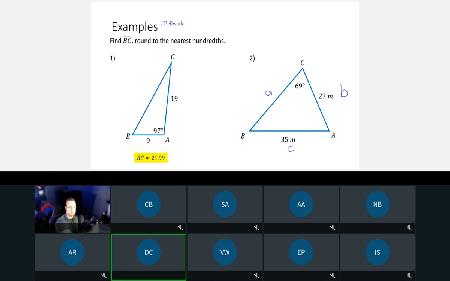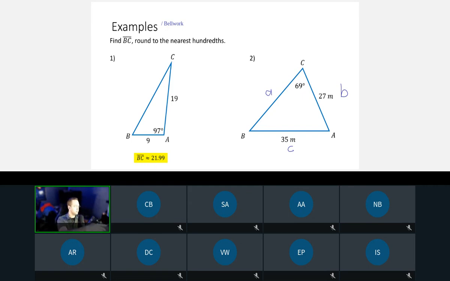So for these, we would use A squared equals B squared plus C squared minus 2BC and then cosine. Yep. And that's for the law of cosines. So you can use law of cosines for number 2, maybe. I don't know, or maybe I do know. Or you could use law of sines. So it's your job to figure out: do I want to use law of sines, which is what we did with